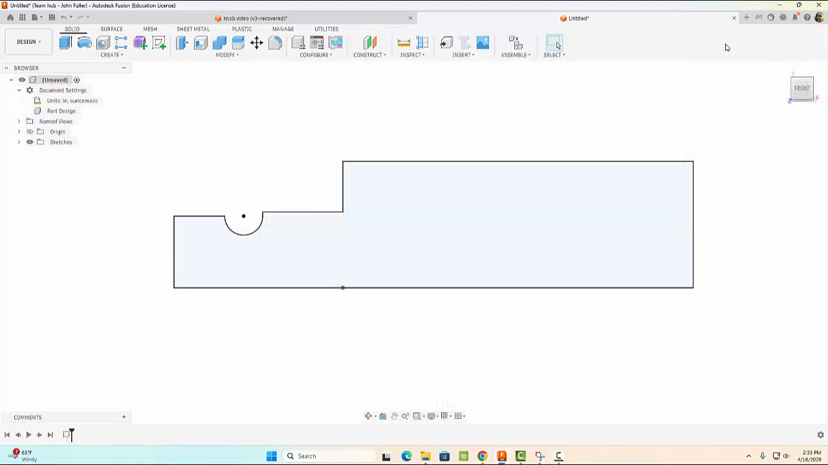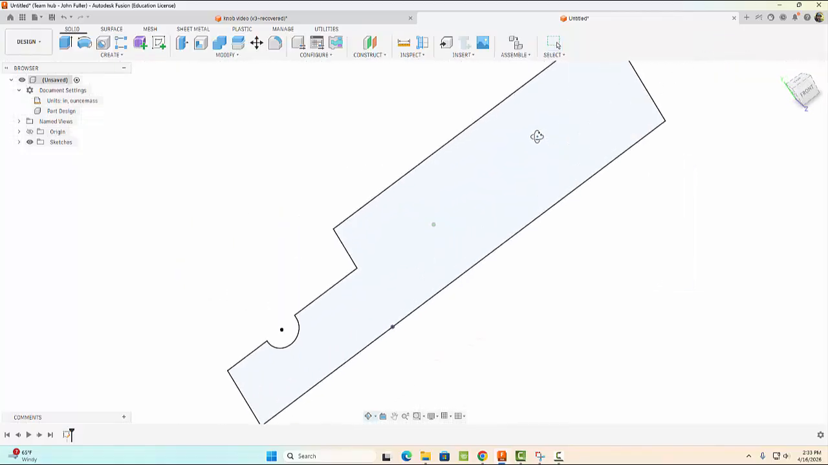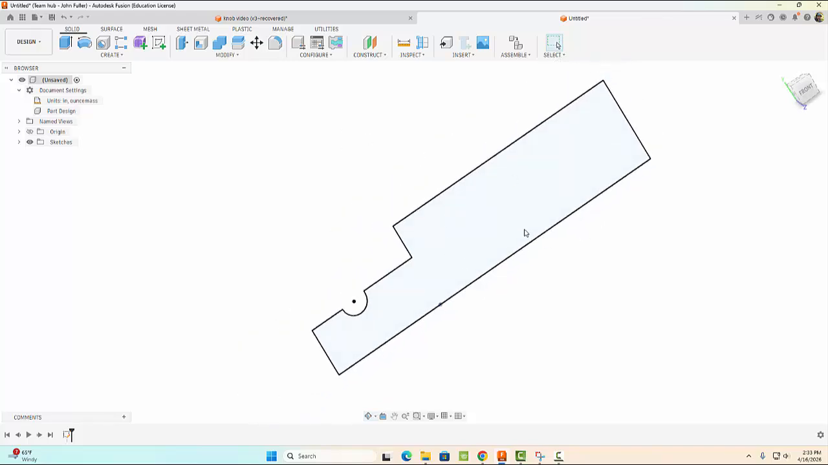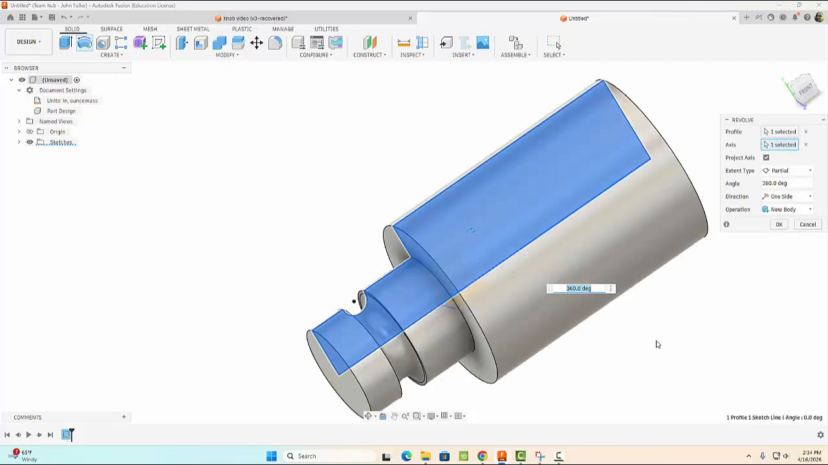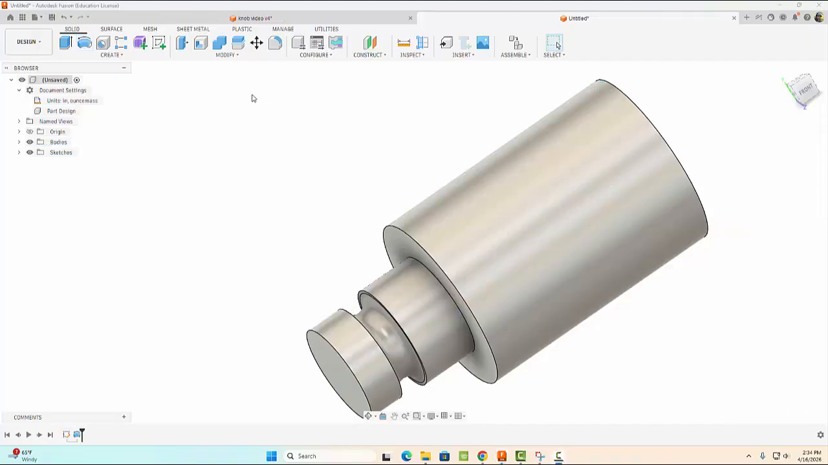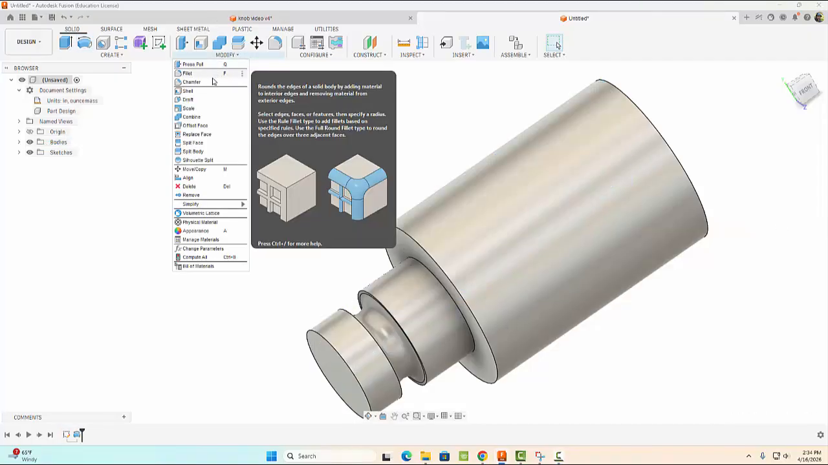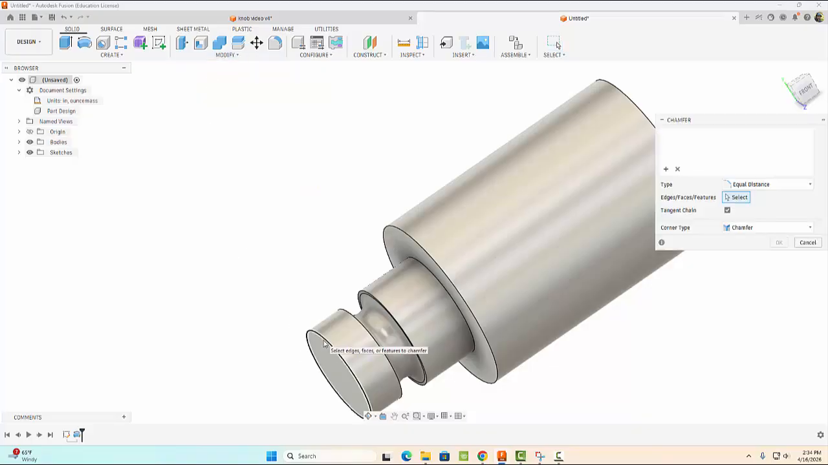We can come on over here, finish our sketch, and we are now going to revolve this. There's our profile. Let's select our axes and right there. So we end up with something that looks like that. Let's go ahead and select OK. Then we're just going to put a chamfer on this edge right here with a size of 0.07 and select